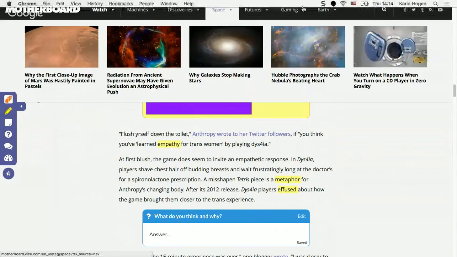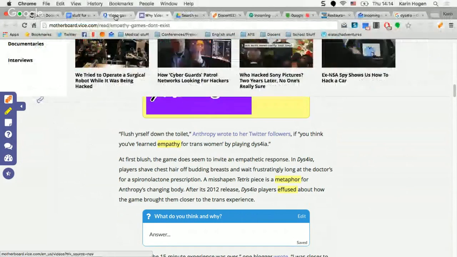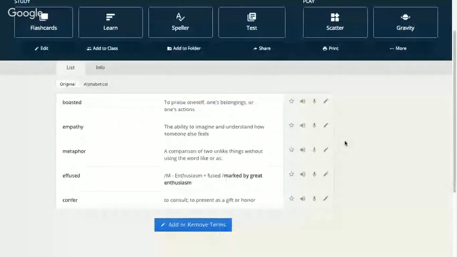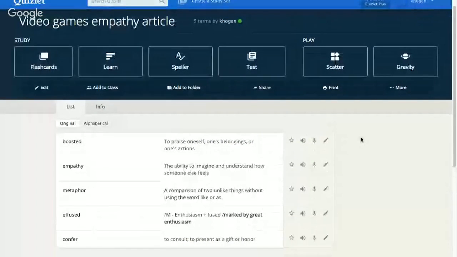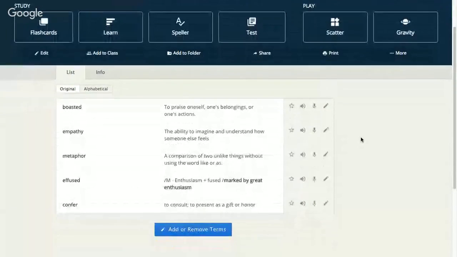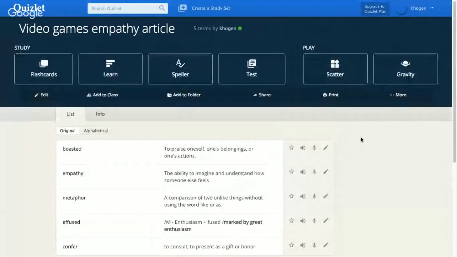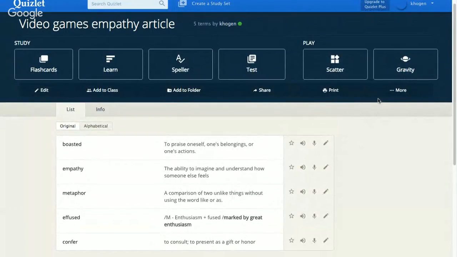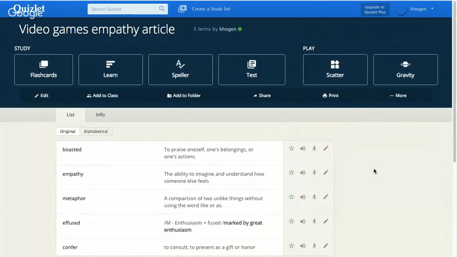And I made a Quizlet set. Where'd my Quizlet go? Made a Quizlet set for those. So I really don't want to have my students go to a separate website because I really think it's important for them to learn the words in context. So once I get on my set here,